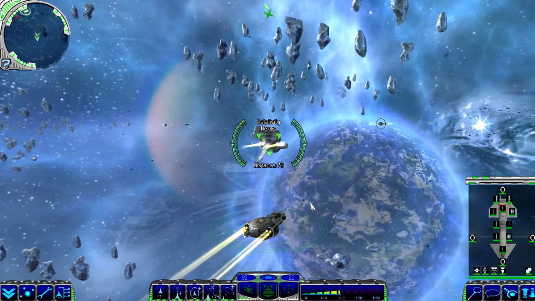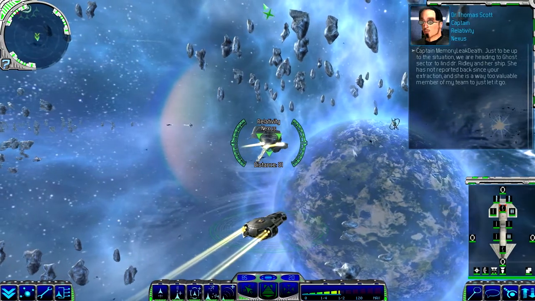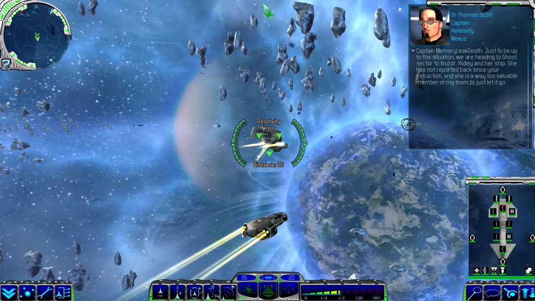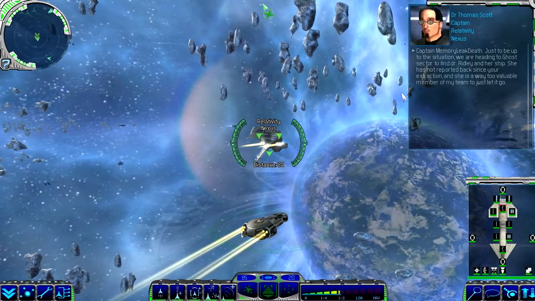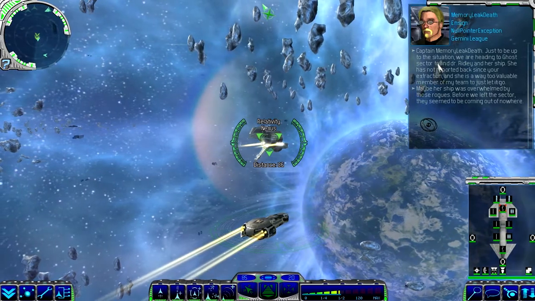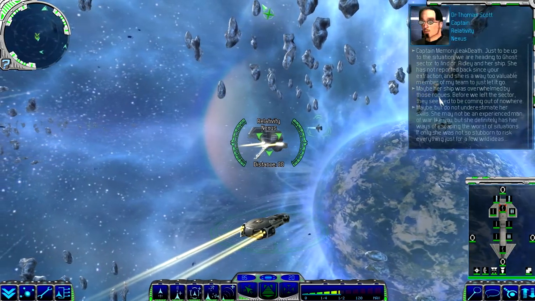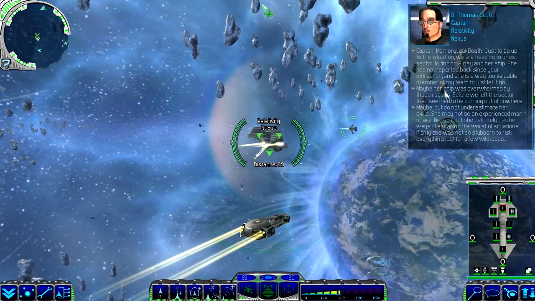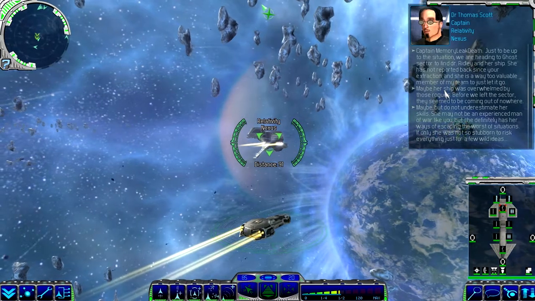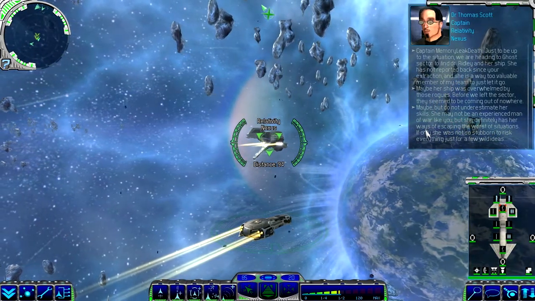Captain, just to be up to the situation, we are heading to Ghost Sector to find Dr. Ridley and her ship. She has not reported back since her extraction, and she's a way too valuable member of my team to just let it go. Maybe her ship was overwhelmed by those rogues. Before we left the sector, they seemed to be coming out of nowhere. Maybe, but do not underestimate her skills. She may not be an experienced man of war like you, but she definitely has her ways of escaping the worst of situations. If only she was not so stubborn to risk everything just